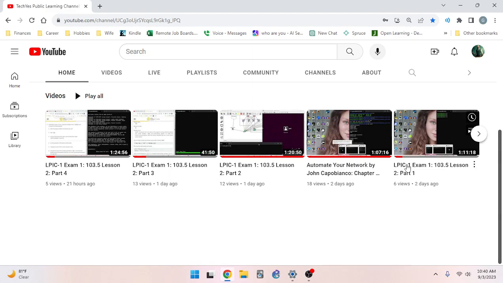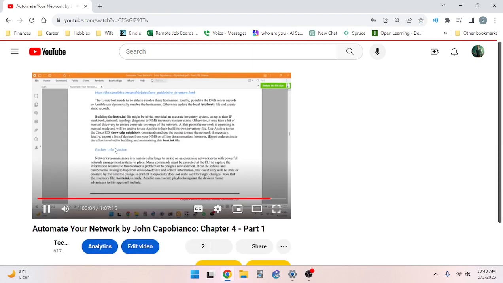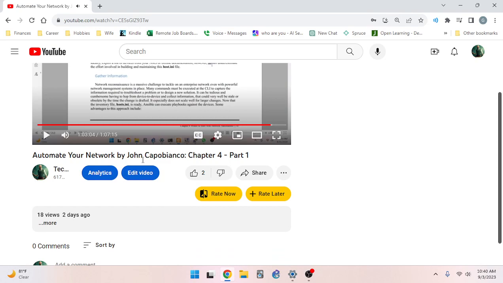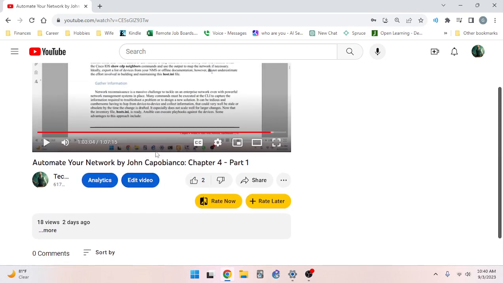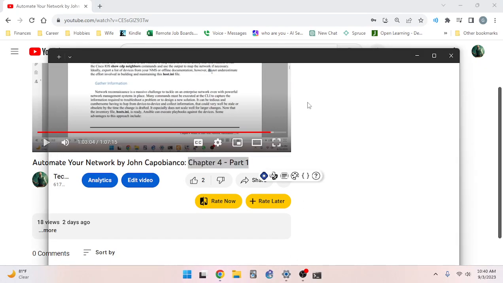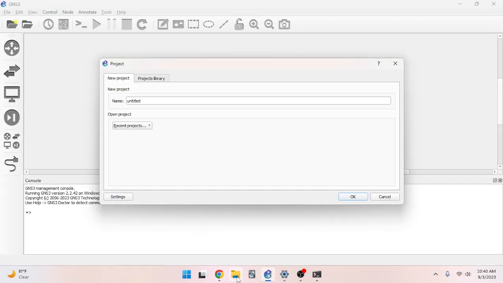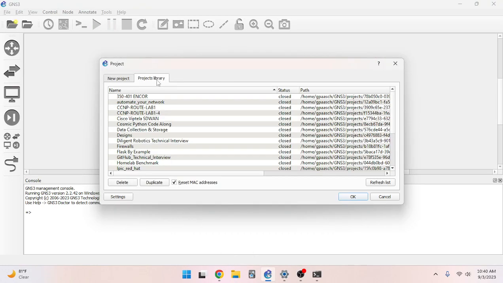So let's continue with Automate Your Network by John Capobianco. I think that's how it's pronounced, I don't know. But so we were in chapter 4, part 1. We were trying to make it go vroom in the lab. In the lab, I do have